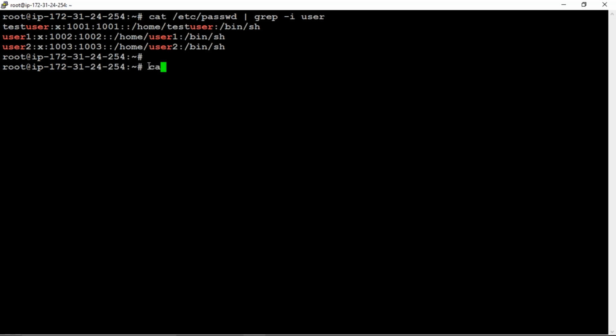So now look at the command. cat, the same previous command, plus again a pipe symbol I'm taking. Next, cut space -d space and a colon in single quotes, space, then the fields, so -f1, I just wanted to print.